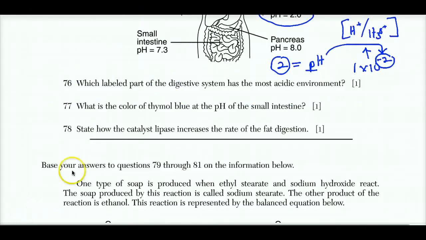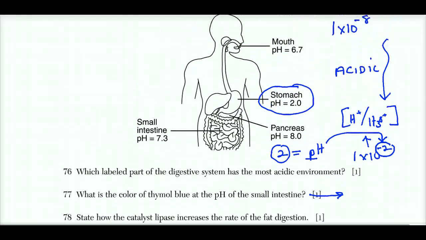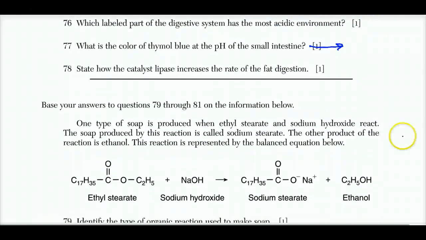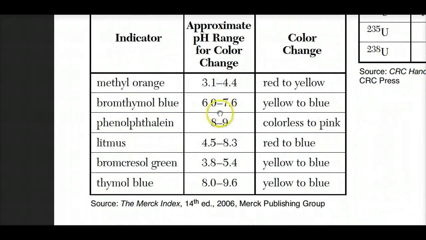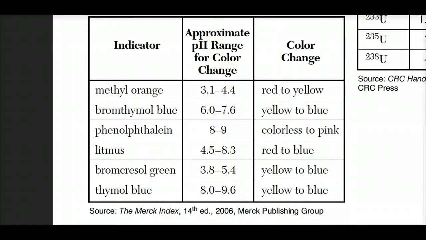Number 77. What is the color of thymol blue at the pH of the small intestine? Okay, let's read. The pH of the small intestine is 7.3. So 7.3 is our pH. I don't know what thymol blue is off the top of my head, but I do know where to look, and that's reference table M. So reference table M, I'm looking for thymol blue, and if it's 7.3,